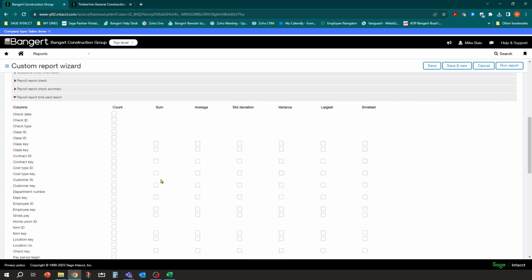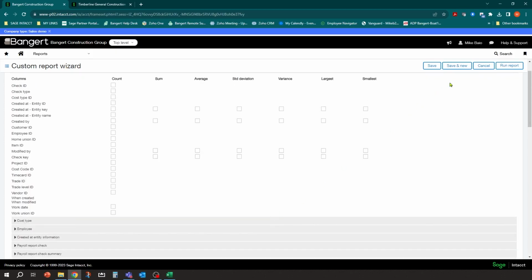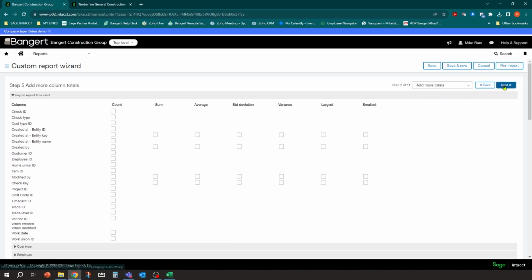And if I scroll down here, I'll find total hours. I want to total that. Now, one field I didn't add to this is gross pay. Now, this is more of a pending time report, so I don't really want to see the gross pay on this one. I just want to see hours, but that is something you can add as well. So we just want to do total hours, and that's all. So now I'll click next.